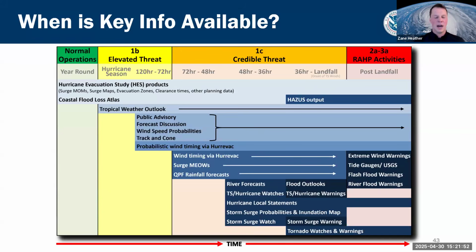So this is all to say, the information and the products that you are utilizing to make these informed decisions will change both throughout the year, and also throughout the threat itself. There is a myriad of different products, and this is that timing piece that is so critical when it comes to making informed decisions, because the timing of that threat and when it reaches your jurisdiction of interest will really drive what types of products you're leveraging and the type of information that you can glean from them.